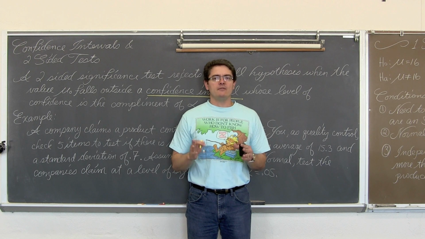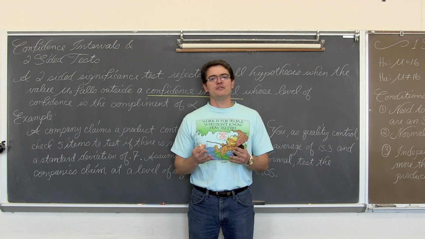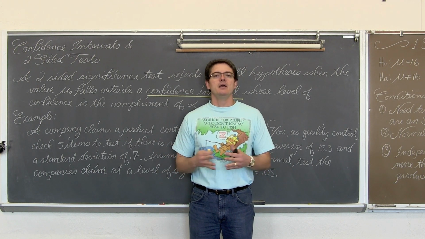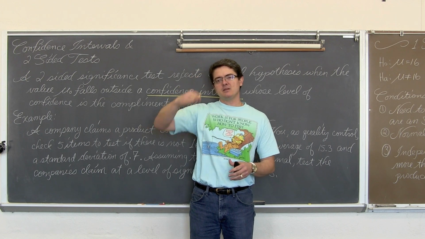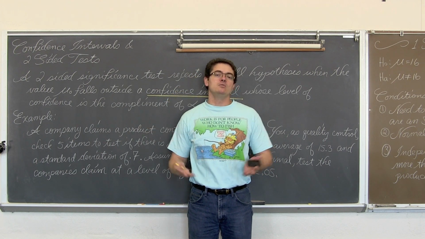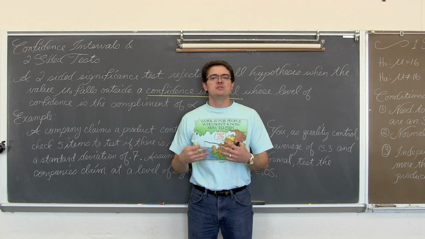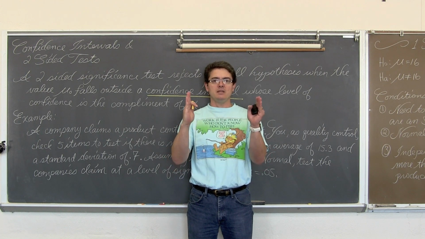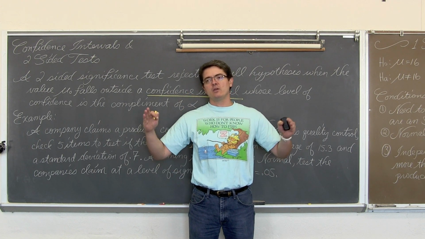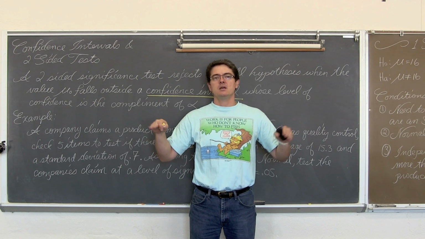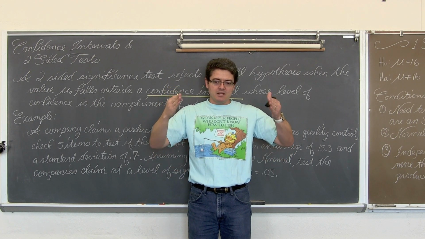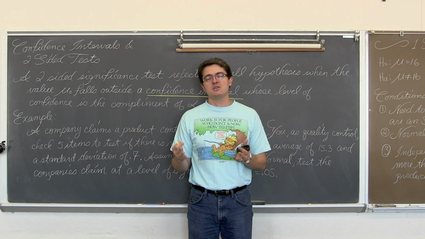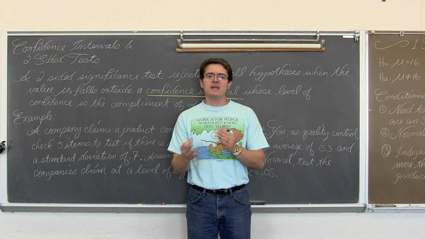Now, when you learned about confidence intervals, you take a sample and you get a statistic, whether it's x bar or p hat, and you have a sampling distribution centered around that statistic, and you set up confidence intervals based off of that to try and estimate the true population parameter. If you want to be 80% confident, you're shading the inside of that bell curve and not shading the two outside tails. So if a two-sided test is shading the outside tails and a confidence interval is the inside with those two outside tails not shaded, then there's a complementary relationship between the two.